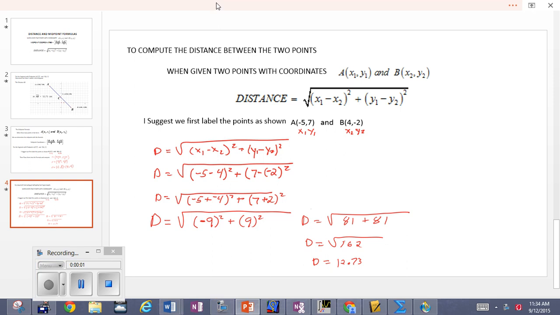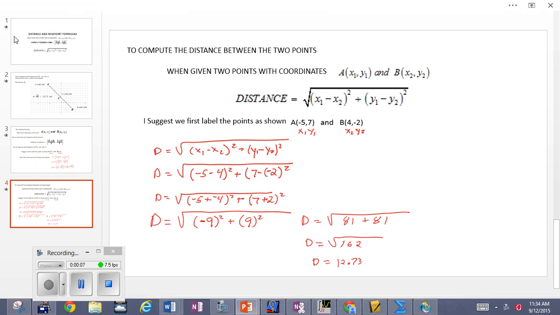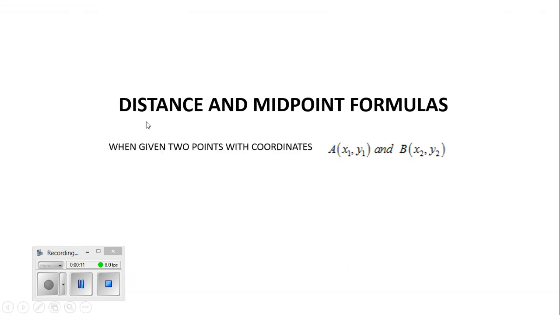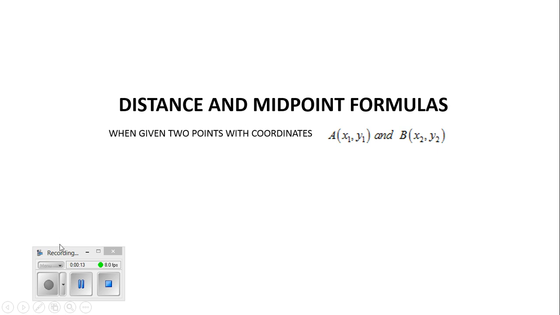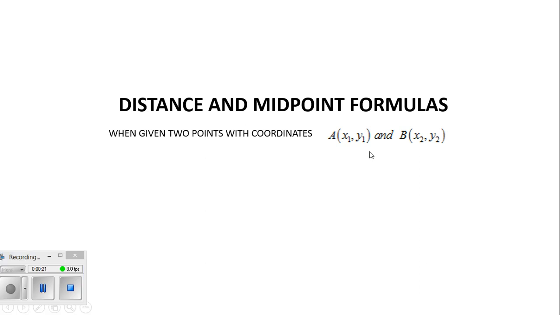Guys, now we're going to start talking about our distance and midpoint formulas that we need in the course. Okay, so let's start this off. Here we go. Distance and midpoint formulas. When you're given two points with x and y coordinates, generally speaking, as x1, y1, x2, y2, then